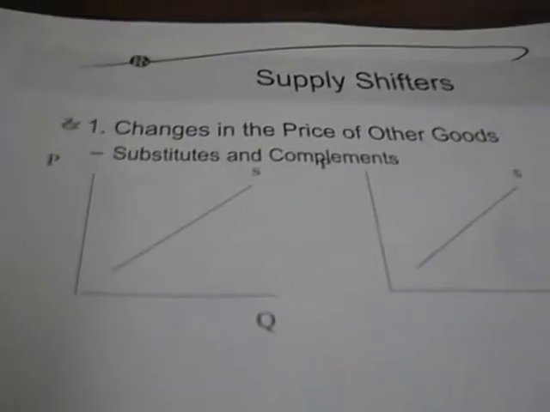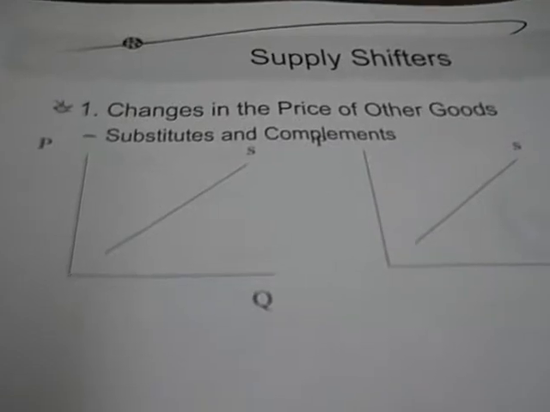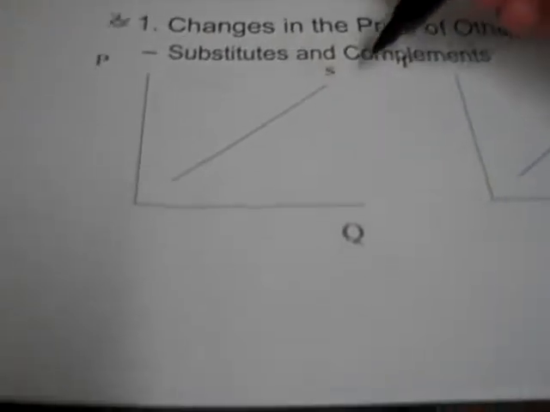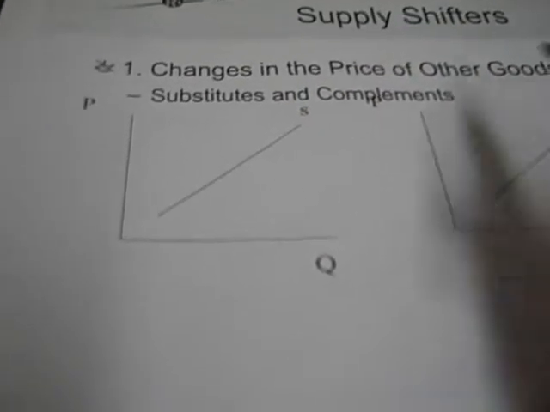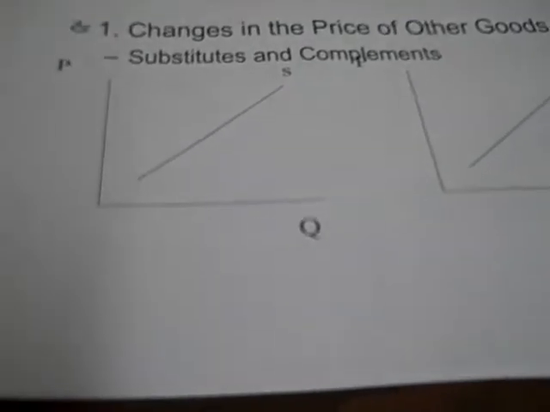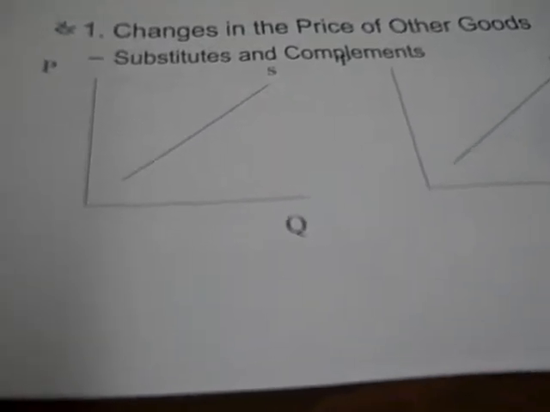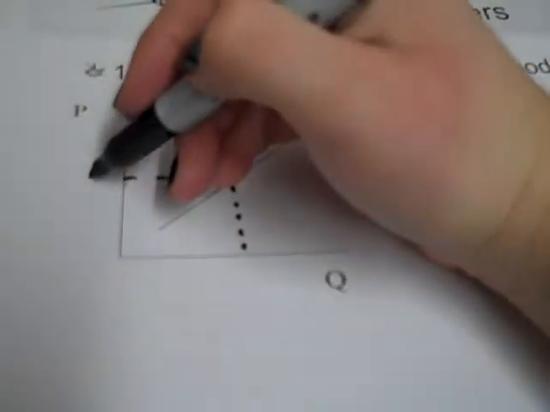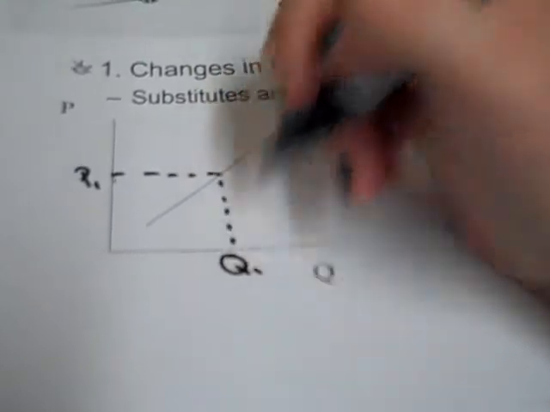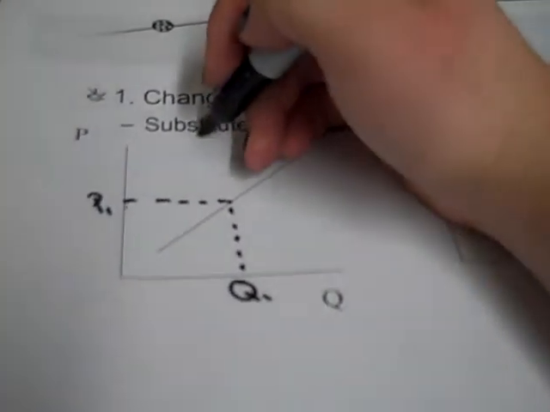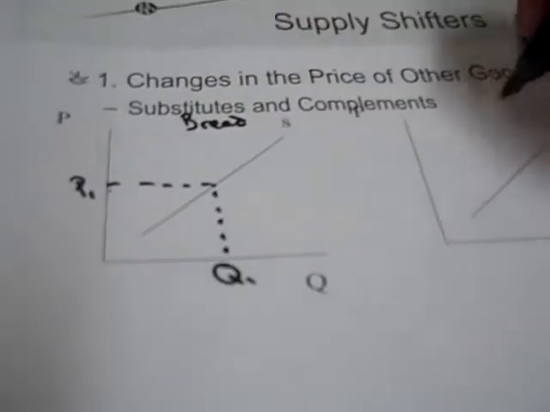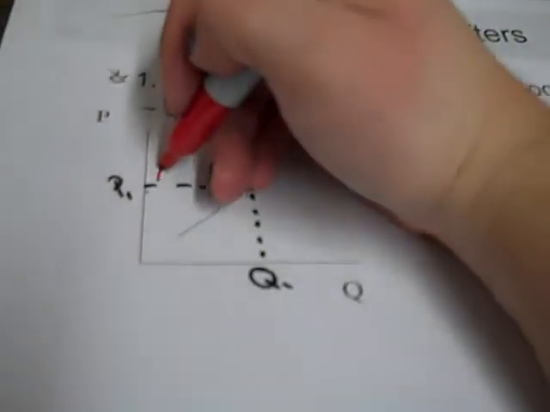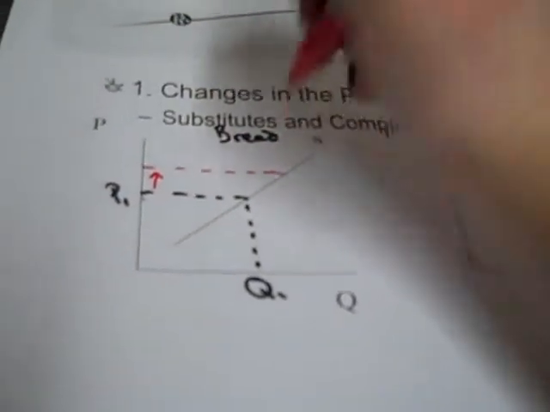Now we're going to come across some supply shifters. Just like with demand, we had demand shifters, we now have supply shifters. So we have our price and quantity labels and our supply curve labels, and what we're trying to say is that if there's a change in the price of another good, what's that going to do to supply? So if we have an original price line, and we use bread and butter, if we see an increase in the price of bread,